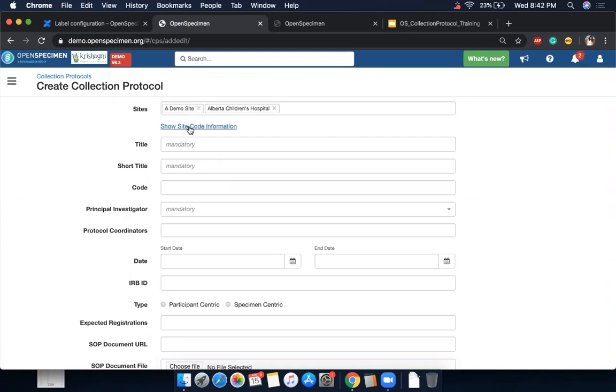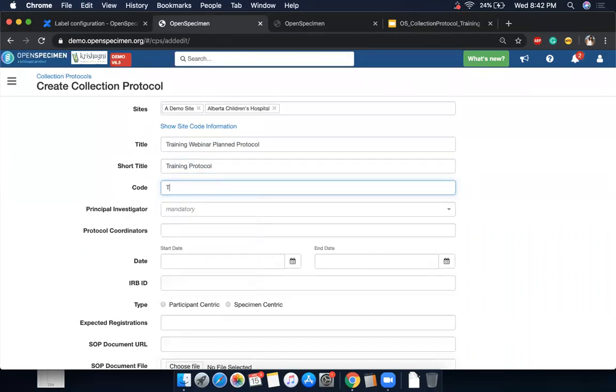Okay, we'll come to the site code a bit later. I'll just give it a name now. So I will use training webinar protocol, and of course I'll make this a planned protocol. Usually when you have IRB approved protocols, the title of the study is very long. So you can put that in here, and you can have a short title here, which will be displayed everywhere when you're doing data entry. So I'll just put it as training protocol here.